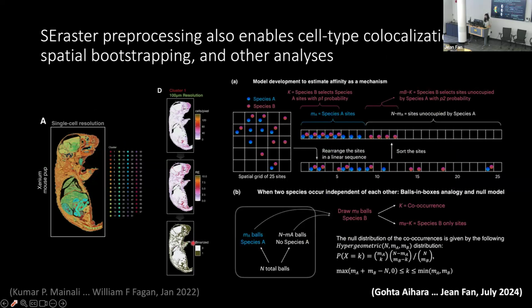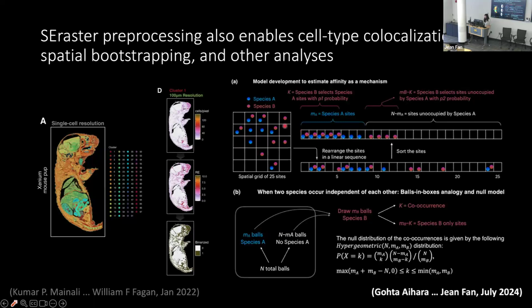Other fun things that are enabled through this type of aggregation, we don't have to aggregate just genes. We can also first perform single cell resolution clustering analysis, identify our cell types, but then ask if we bin these, create these little grids and bin these cells into those grids, are there certain cell types that tend to be binned together more than what we expect by chance? So it turns out that that's a